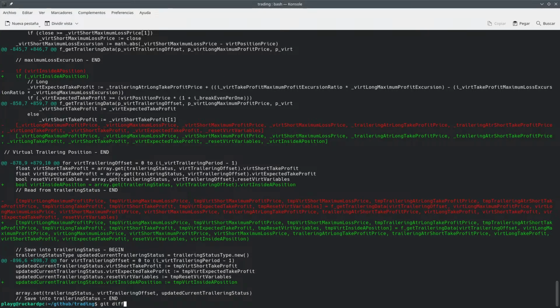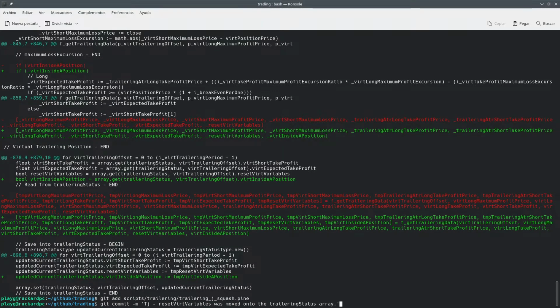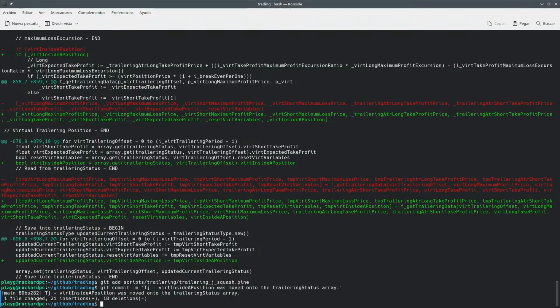Okay. Let me save this properly. Bear inside the position. Okay. So now,